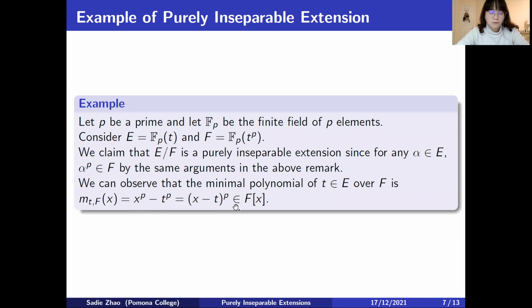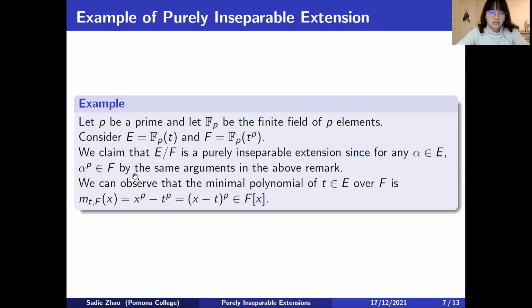And here is a more concrete example. I didn't have every detail here, but I think this is an interesting example. So let p be a prime and consider the finite field of p elements, Fp. E is a field like Fp(T), and F is a field Fp(T^p). We claim that E over F is actually a purely inseparable extension, since for every alpha in E, alpha